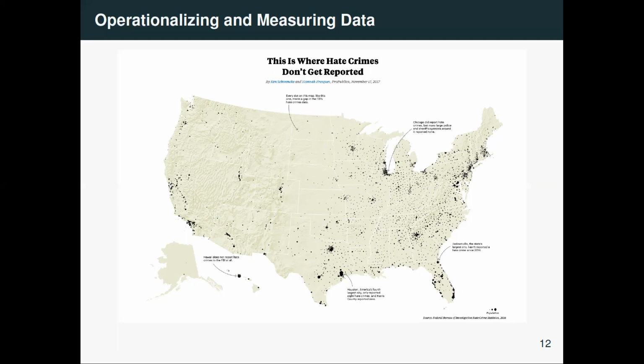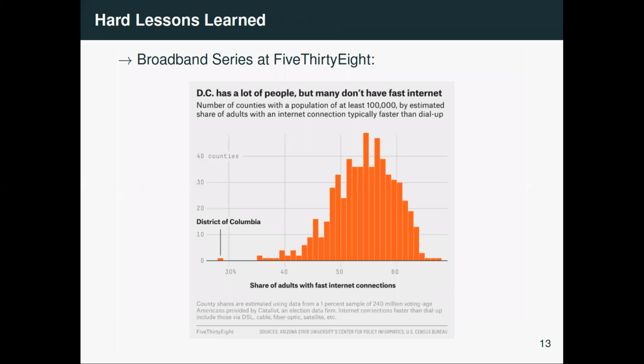So really to drive home this point of the importance of understanding where your data comes from, I want to talk to you about a story that I personally worked on. So prior to coming to FiveThirtyEight, the website published a story concerning broadband access in the US. It's a very important topic, and there are very large disparities in broadband access, which then has knock-on effects for things such as education and labor. And so the reporters at FiveThirtyEight had the idea to look at some data and use it to identify leads